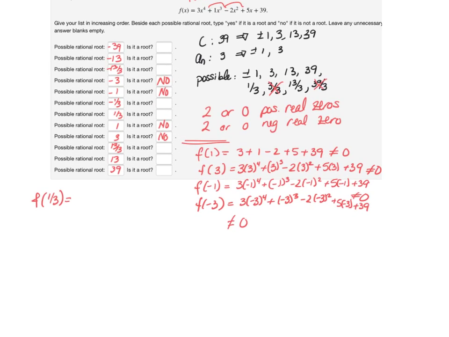Now, the other part that's happening here is if you're actually finding these numbers, then one of the things I can do is if I put in 1 and negative 1, if their signs are different, then I know one of those fractions has to work by the intermediate value theorem. If I put in 1 and negative 1 and they're the same sign, the intermediate value